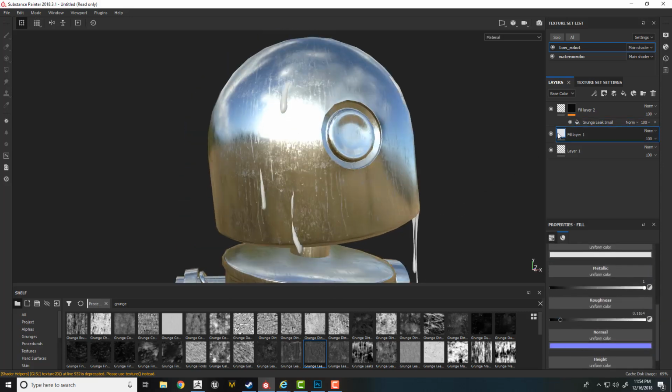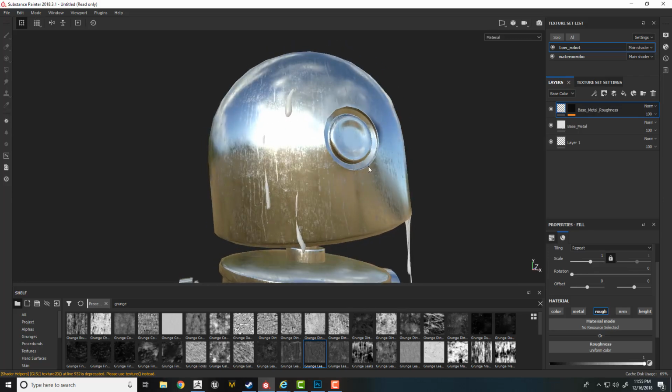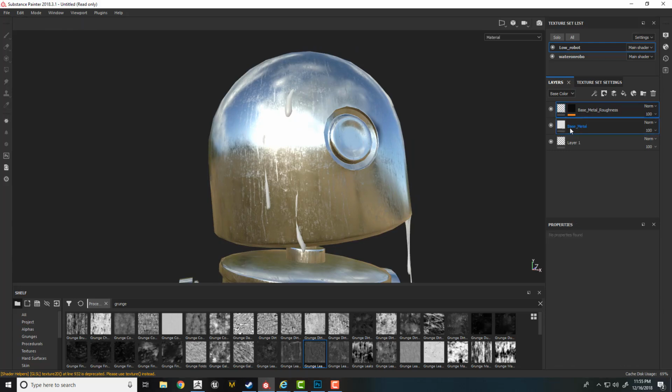So I went in and tweaked my main layer a bit more and our new fill layer as well. Let's just name these to have a better sense of organization. So, base metal. Once we are happy with our metal, let's create the paint layer. Let's select these two and hit Ctrl G to group them. And let's name it